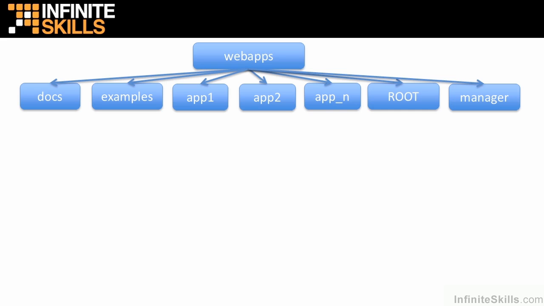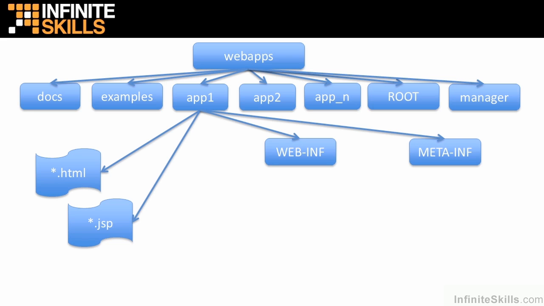Additionally, for every application that we add, we're going to put app 1, app 2, whatever our app names are, there. So if we had City Manager, we'd create a folder for City Manager. If we had Hello World Servlet, we'd create a folder for Hello World Servlet, etc. And of course, I have up to app n because we have the ability to put an unlimited number of apps in there. Under each application folder, then, we need to at minimum have a WEB-INF folder and